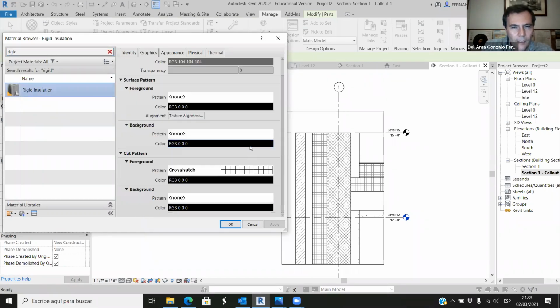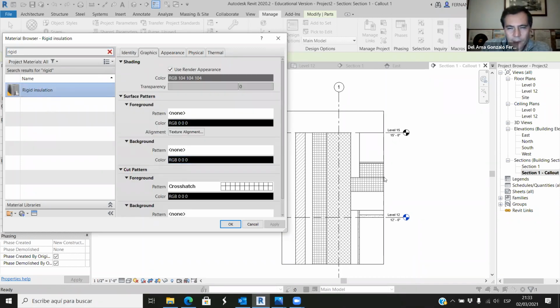If we select the rigid insulation, we want a tag for this rigid insulation material. So if we select this rigid insulation,